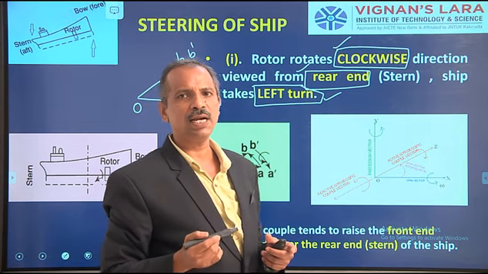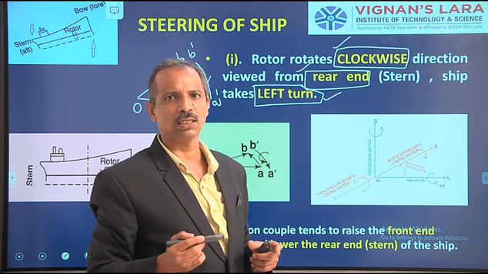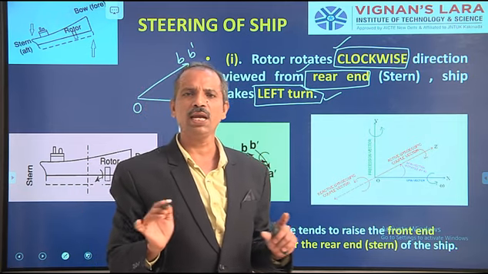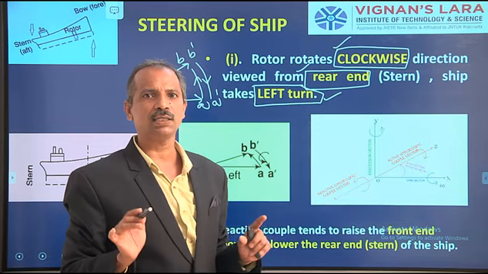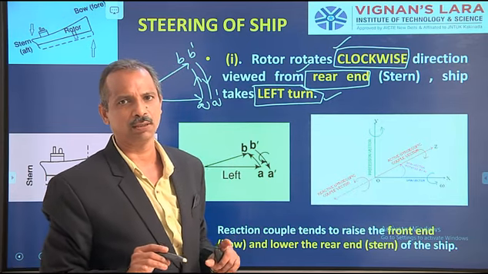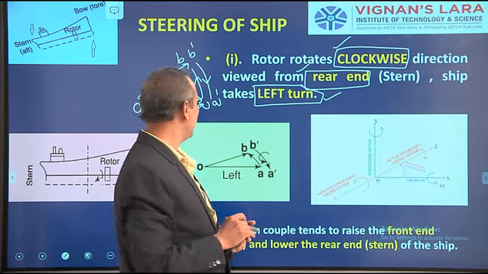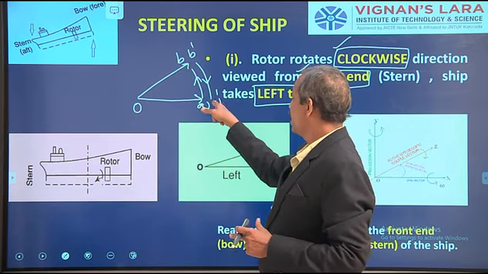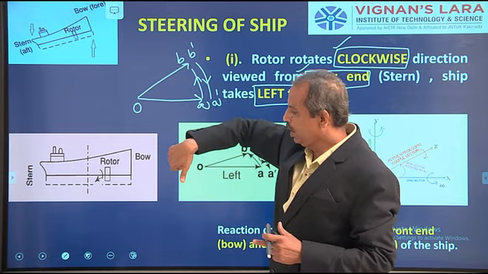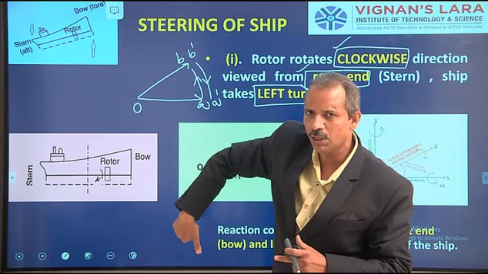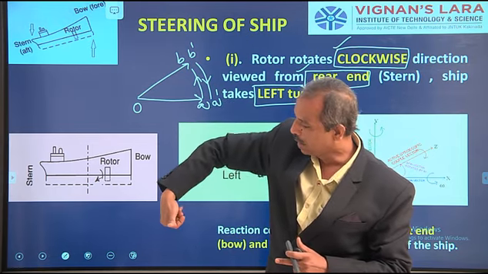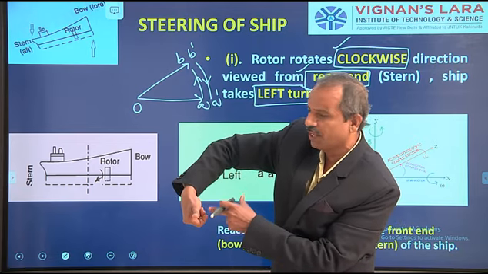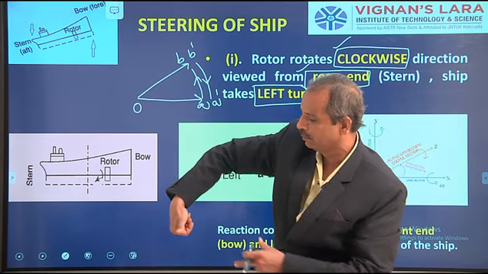So this B dash A dash is the requirement for us to find out its effect on the ship. So BA is not considered, B dash A dash is our requirement. Okay. So B dash A dash, how is it? Once again, look at the B dash A dash in the downward. Put your thumb in the downward, and then see what is the nature of these four fingers rotating.